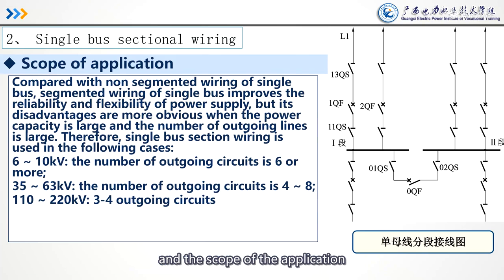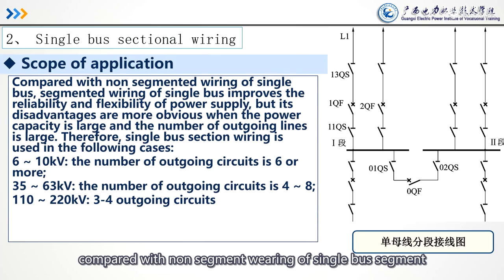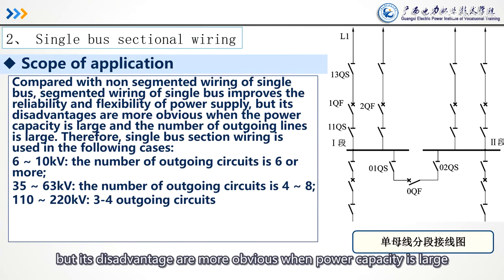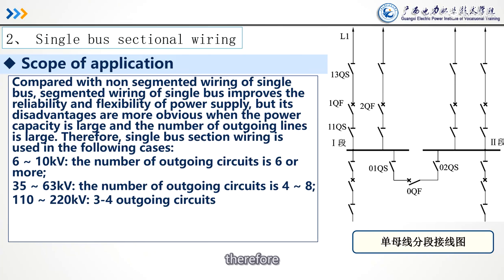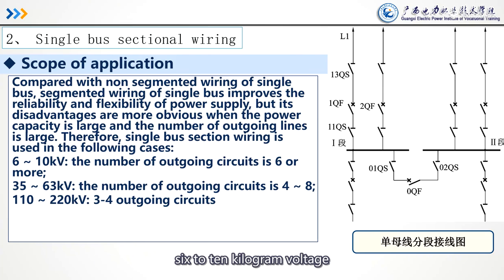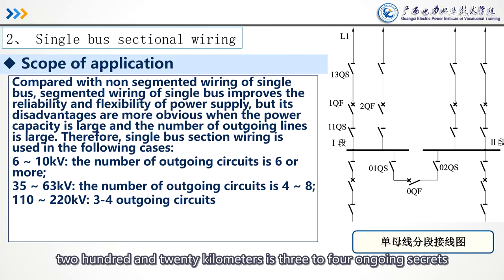And the scope of the application: compared with non-segment wiring of single bus, segment wiring of single bus improves the reliability and flexibility of power supply, but its disadvantages are more obvious when power capacity is large and the number of outgoing lines is large. Therefore, single bus section wiring is used in the following cases: 6 to 10 kV, the number of outgoing circuits is 6 or more; 35 to 63 kV, the number of outgoing circuits is 4 to 8;